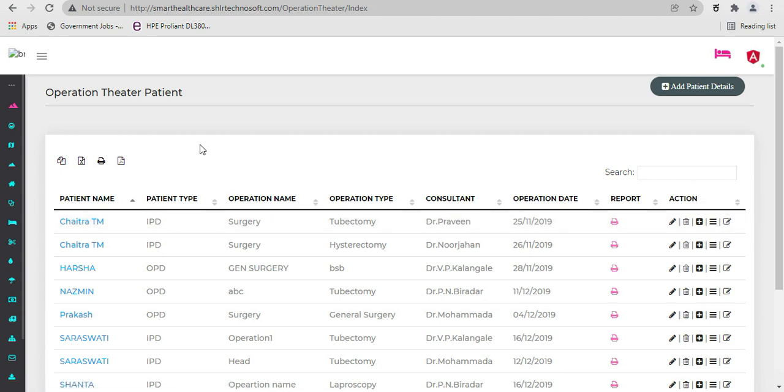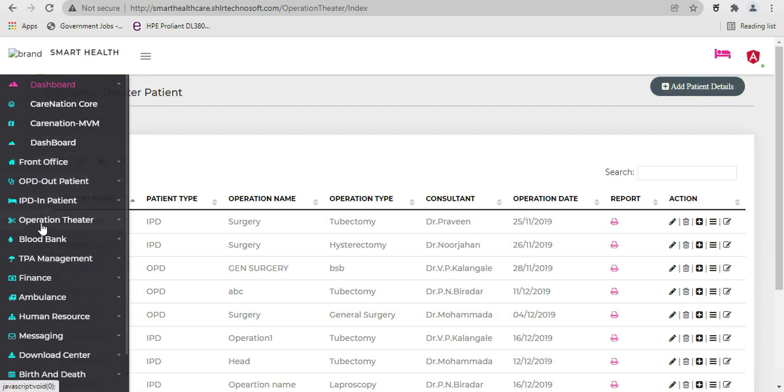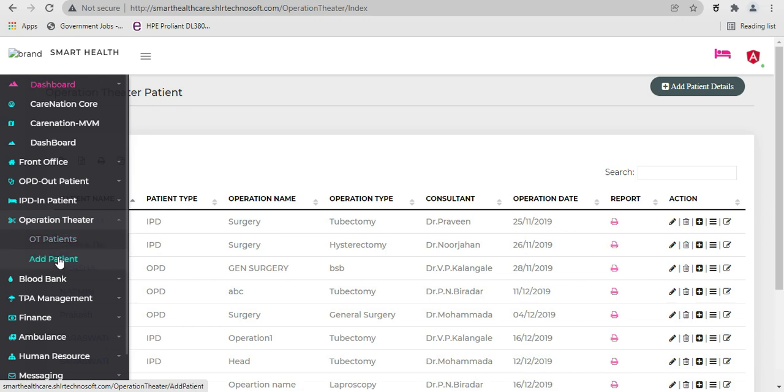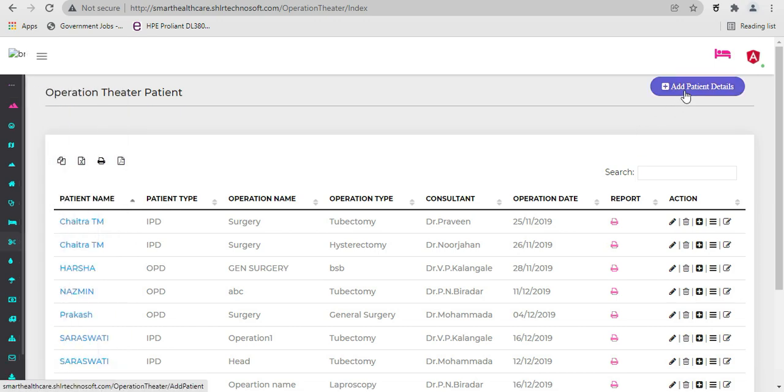Now I'll show you how to add a patient to the operation theatre. In case of an emergency, if a patient needs to go for operation theatre, I'll show you how to add it. Go to add patient here directly in the OT patients list, or else you can go to add patient. Both are the same. Click on add patient details,